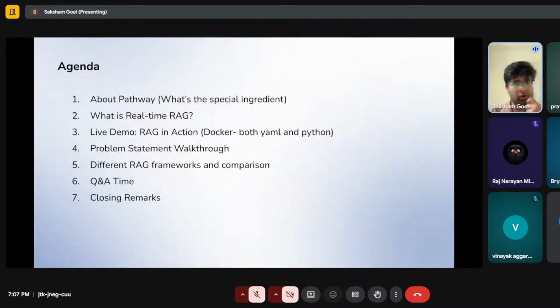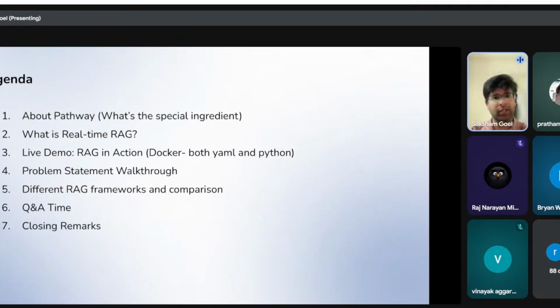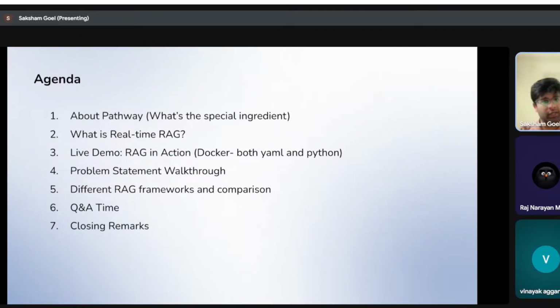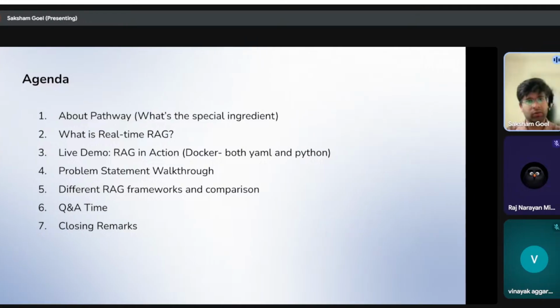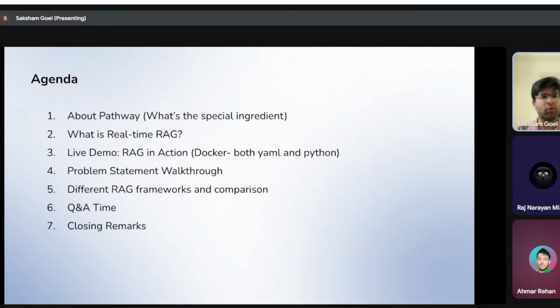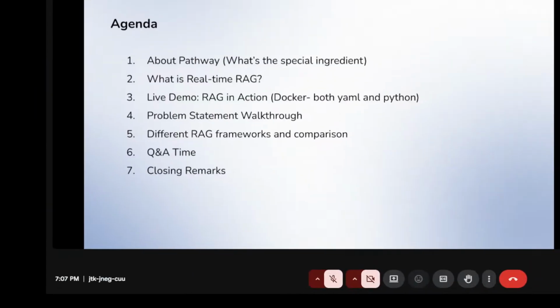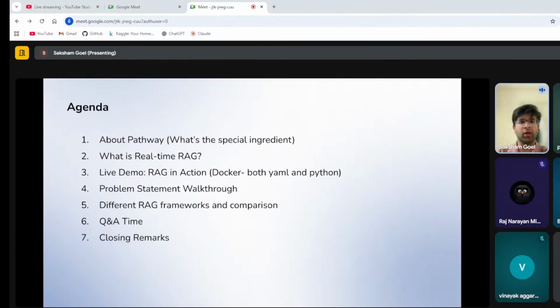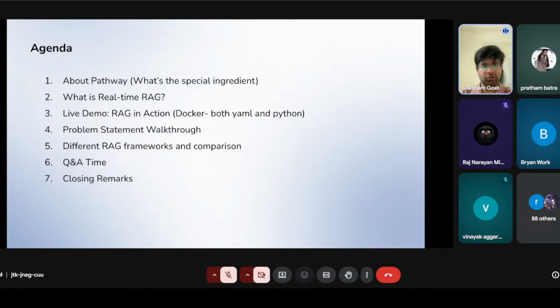So, what's on the deck today? It's about Pathway. What's the special ingredient? What is real-time RAG? We'll see a live demo where you'll build your applications using Python. We don't want to complicate things for the hackathon participants by customizing these applications using YAML.